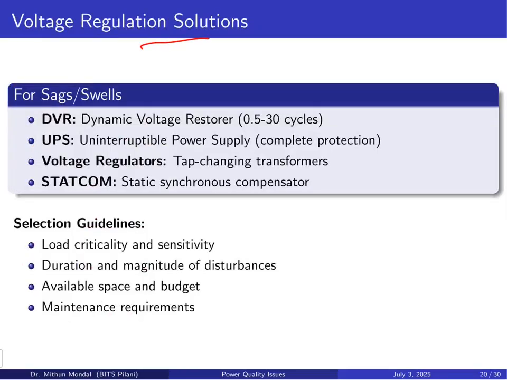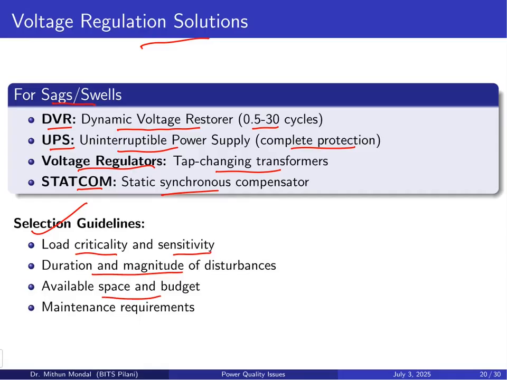For voltage regulation solutions in terms of sagging or swelling, we can have the dynamic voltage restorer, known as DVR, which can have 0.5 to 30 cycle control. UPS can be there, which is uninterruptible power supply, and this provides complete protection. Voltage regulators can be there, which are tap changing transformers, and STATCOM, which is static synchronous compensator. The selection guidelines depend upon the load criticality and sensitivity, duration and magnitude of the disturbance, available space and budget,